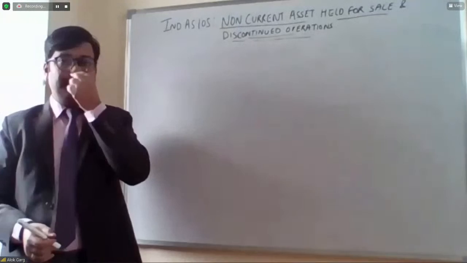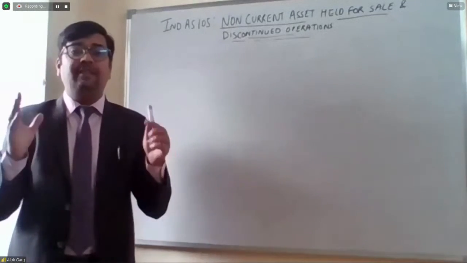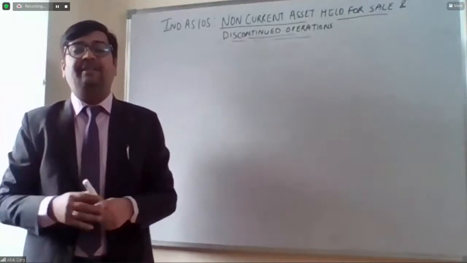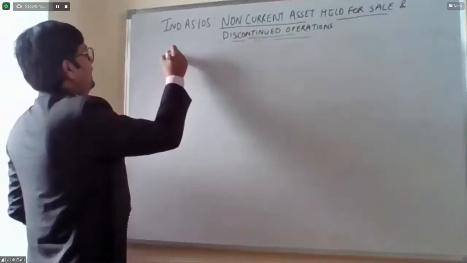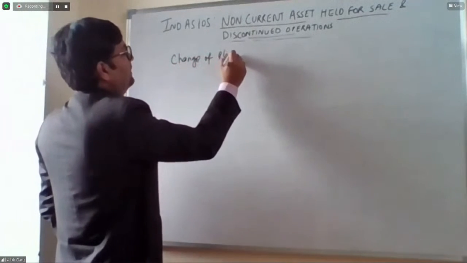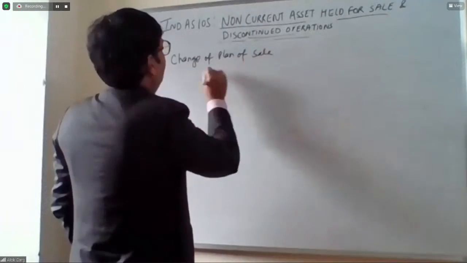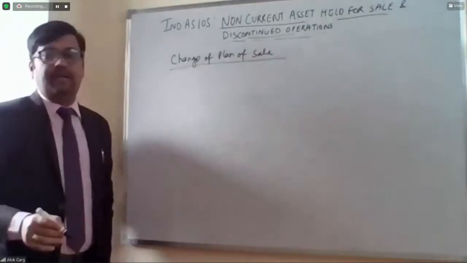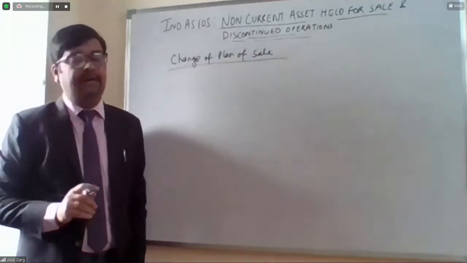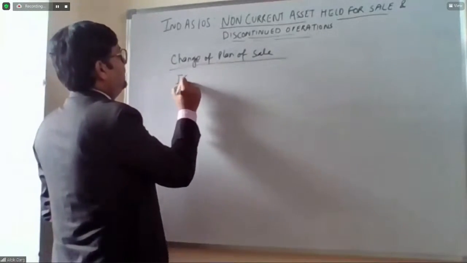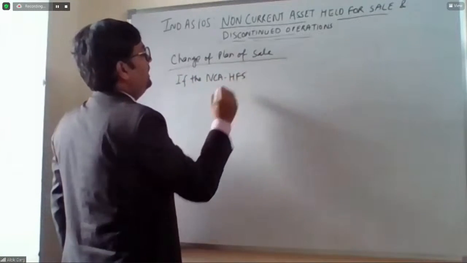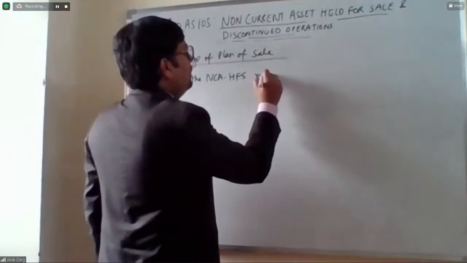Then what will happen? Standard says that when the asset no longer meets the held for sale criteria, in that case it has to be reclassified. So, change of plan of sale. If the NCA HFS, non-current asset held for sale, no longer